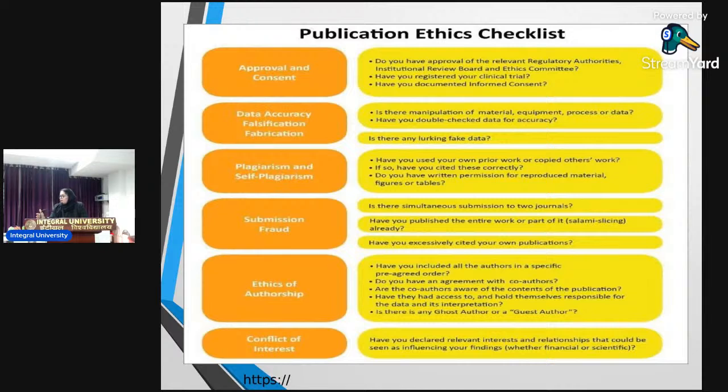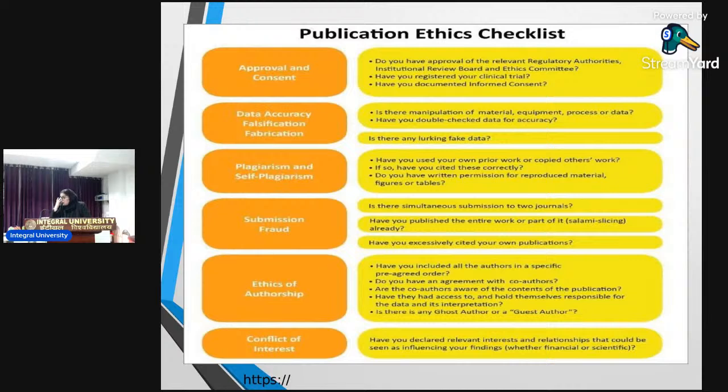At some point of time, if you are caught doing this practice, they will blacklist you. You will not know, right? If you send the paper again to those publishing houses, your papers will not be considered. They may not let you know that you have been blacklisted, but you will be, because your papers would be getting rejected back and forth, right? So why is it a fraud? Why is simultaneous submission considered a submission fraud?